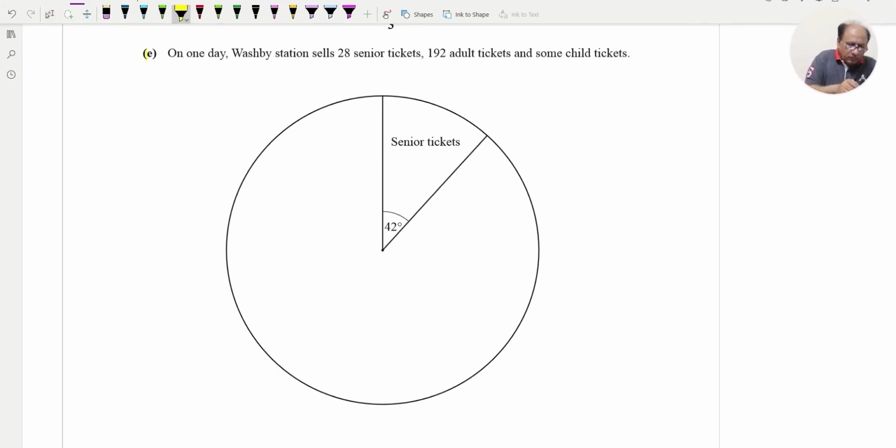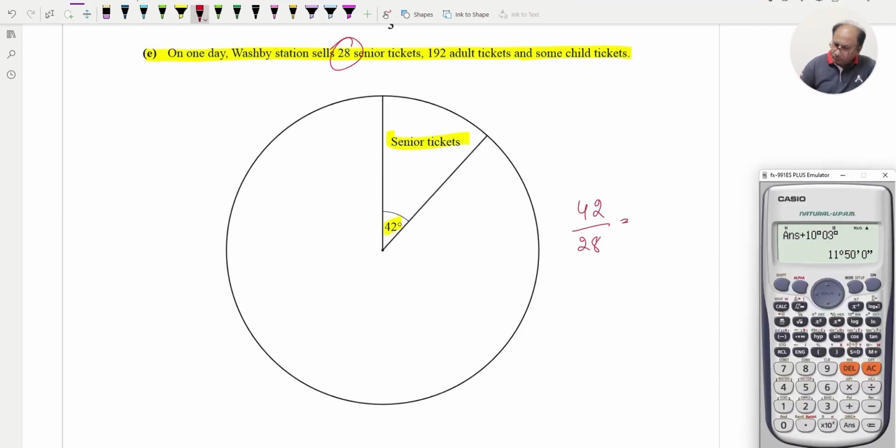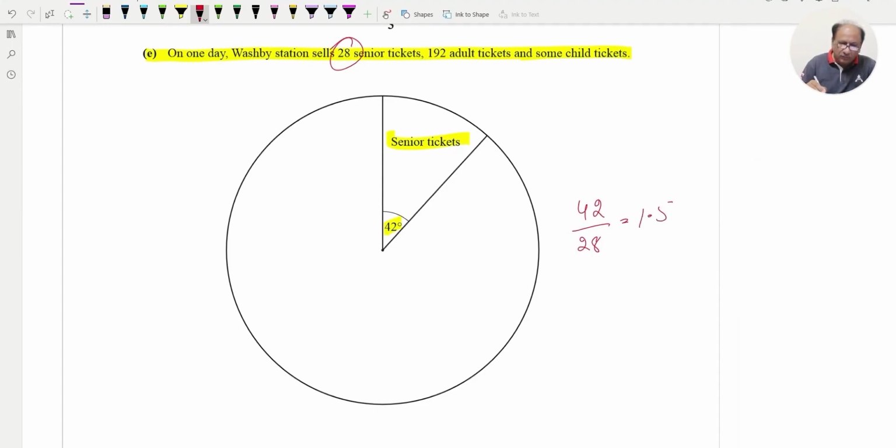Now E part. On one day Washburn station sells 28 senior tickets and 192 adult tickets, and some child tickets also. The angle for senior tickets is 42 for 28 tickets. So we can write 42 over 28 to find the angle for one ticket. 42 divided by 28 will be equal to 1.5. So 1.5 is for one ticket,